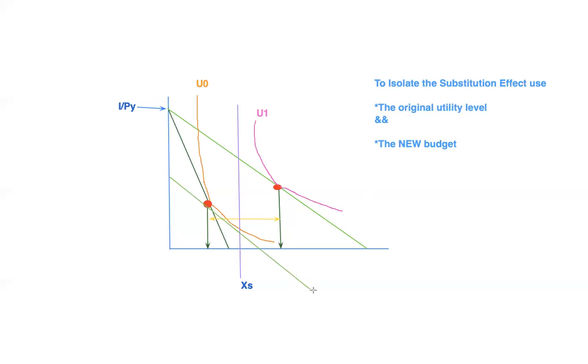And I'm not even going to draw it constrained to the first quadrant. I'm just going to draw it all the way out here. Implicitly, it is constrained, but I just want you guys to be able to see that it is supposed to be a parallel shift of the new budget to the original indifference curve. And then there'll be some point there, and that point of intersection